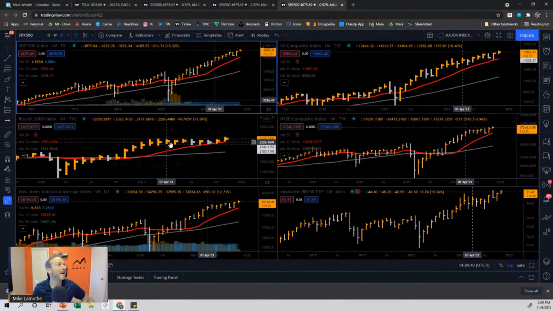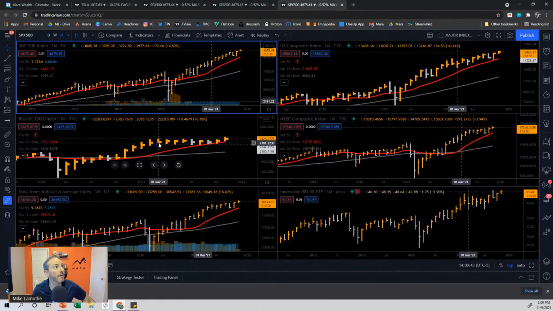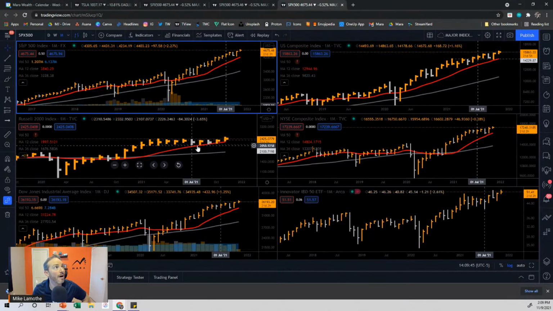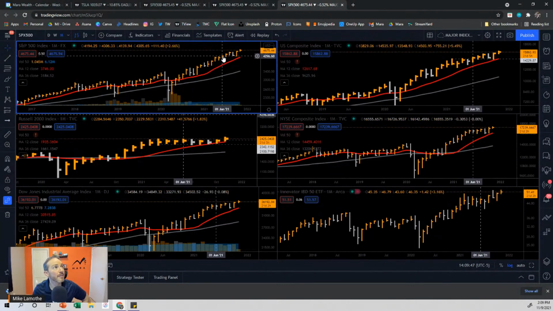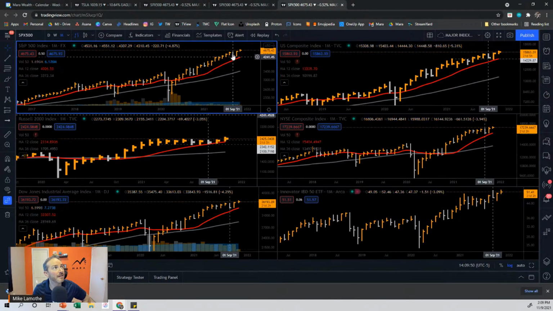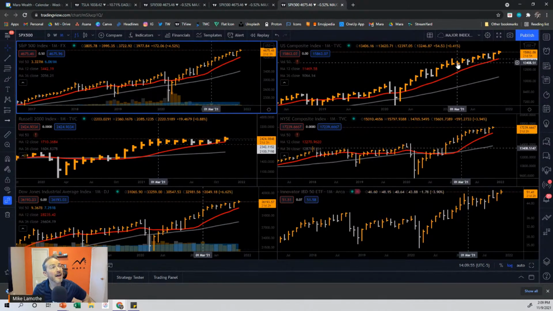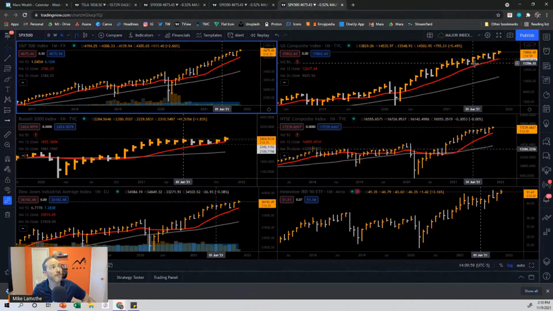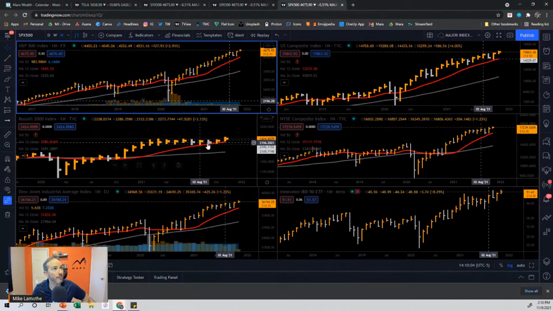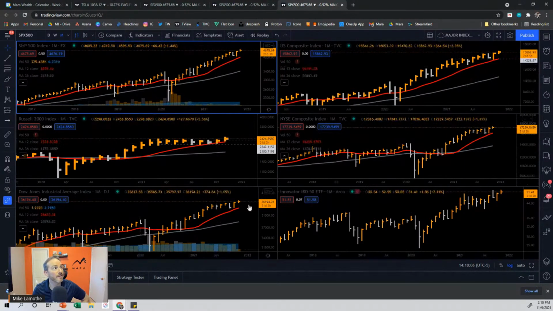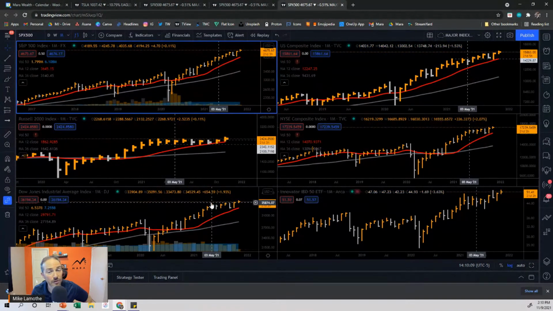You could see how this over here, the Russell 2000, was moving sideways for a while, and you did have the S&P 500 starting to move up, and then it started to find resistance, and then it rallied. And you had the Nasdaq over here, that was chopping sideways for a bit, and what was happening with the Russell? The Russell was moving sideways. The NYSE was moving sideways. The Dow too. All of it moving sideways, and all of it struggling.